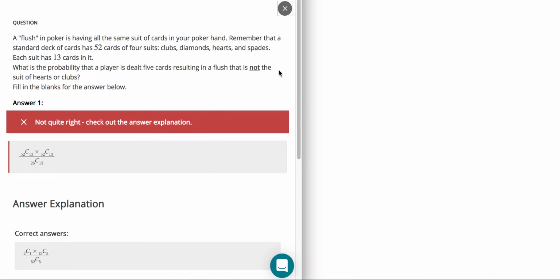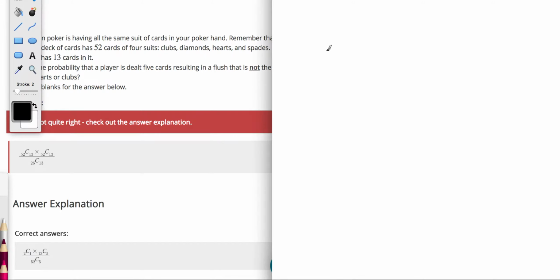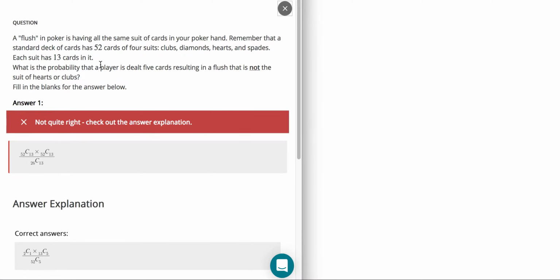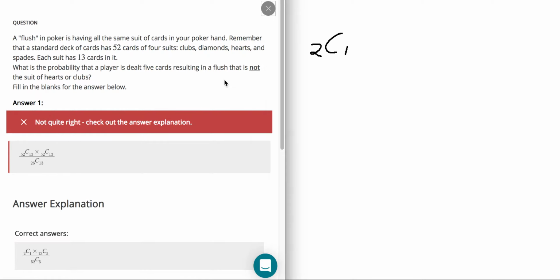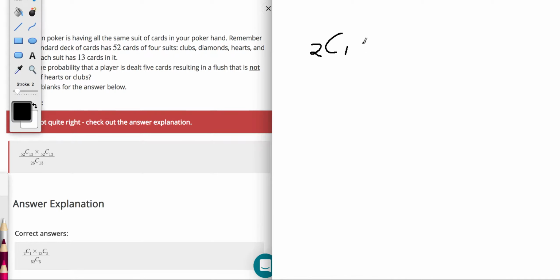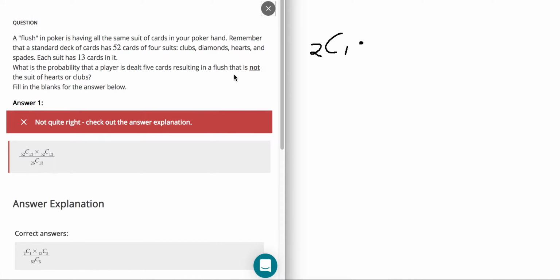So there's 2 suits that we're talking about, okay? So it's not the suit of hearts or clubs. That means it's either the diamonds or the spades. So there's 2 choose 1 different ways of choosing those suits. And then after we've picked a suit to get a flush, we need to multiply it by the number of different ways that we can get a